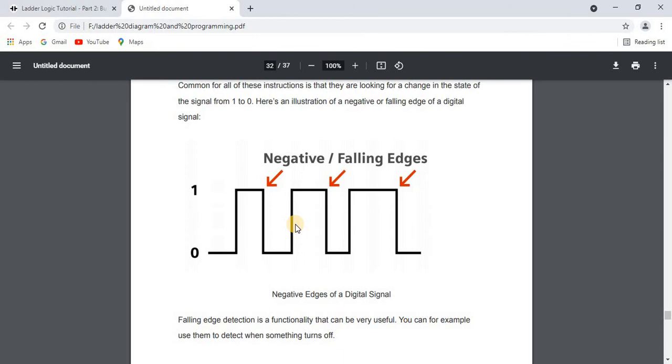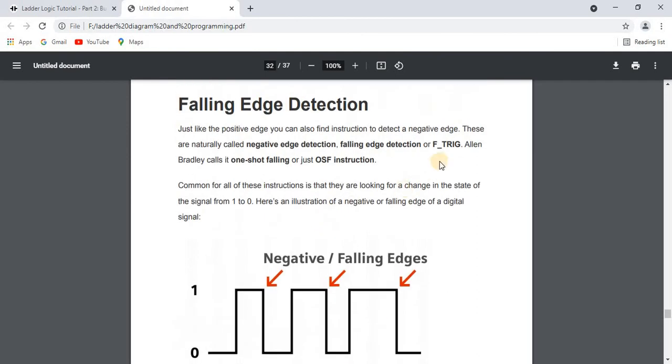Just like the positive edge, you can also find an instruction to detect a negative edge. These are naturally called negative edge detection or falling edge detection or F underscore TRIG. Allen Bradley calls it one shot falling, or just OSF, the one shot falling instruction.